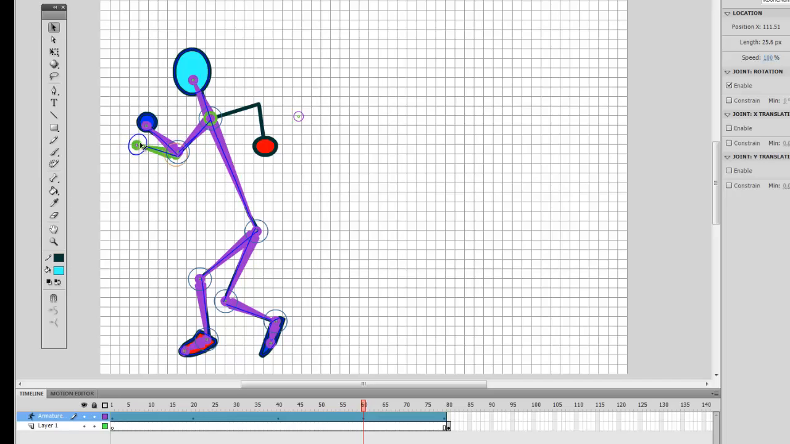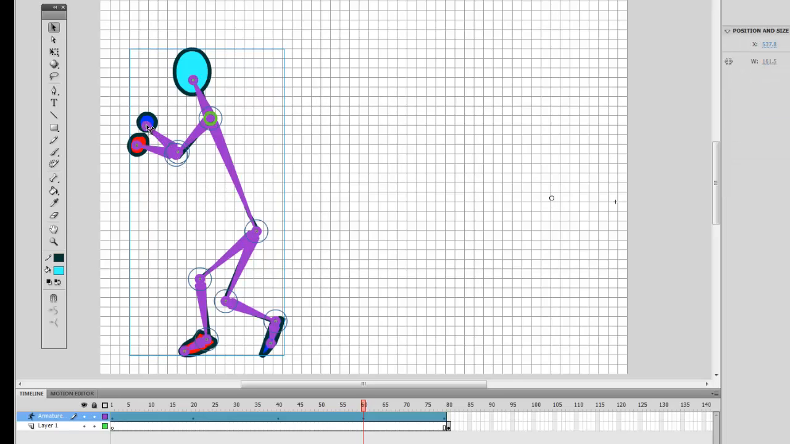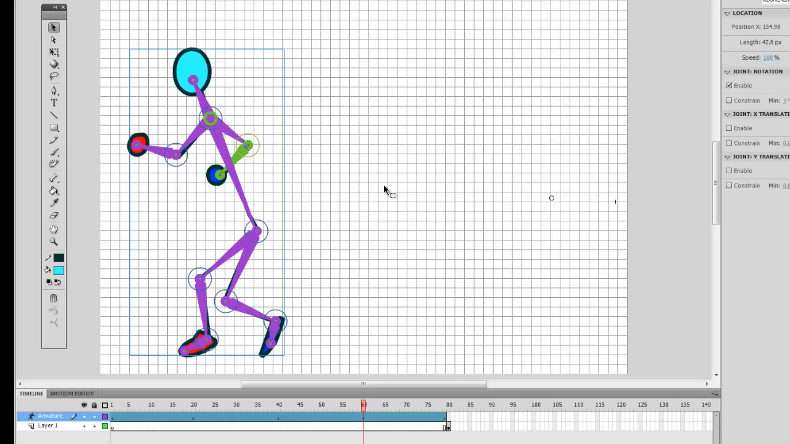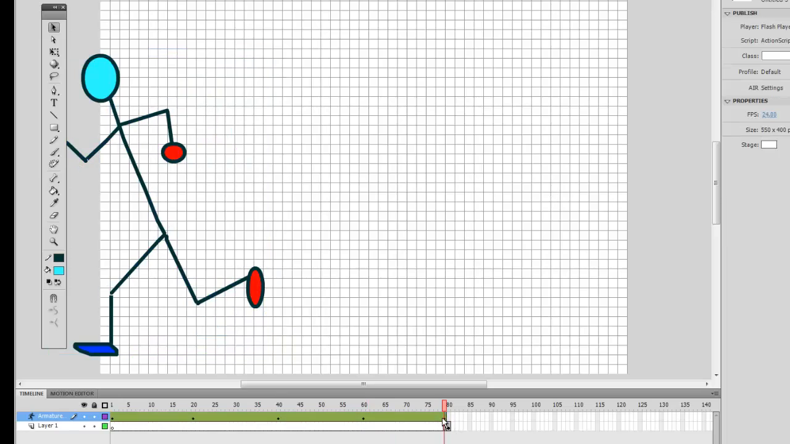And we're going to move the blue hand back. Let me grab the blue hand. It's not cooperating. There we go. Blue hand is now coming back there. Okay. And frame 80 as the runner is going off the screen. Frame 80,